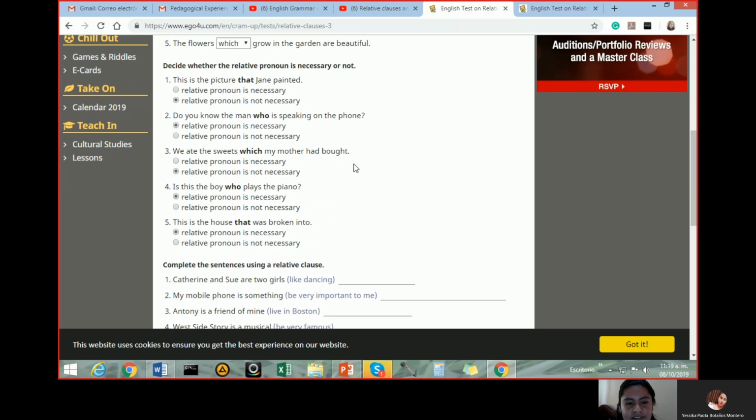¿Entiendes esta parte? Es decir, cuando hay sujeto y objeto, no se necesita. Exactamente. Pero cuando falta alguno de los dos, sí se necesita. Cuando el objeto pasa a ser sujeto, sí se necesita. En este caso, la casa, necesitamos referirnos a algo, pero si no tenemos a quién referir como sujeto, entonces el objeto pasa a ser sujeto.